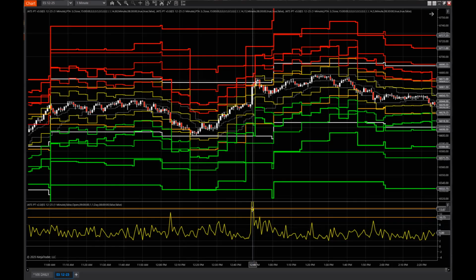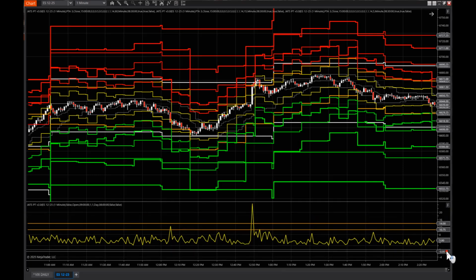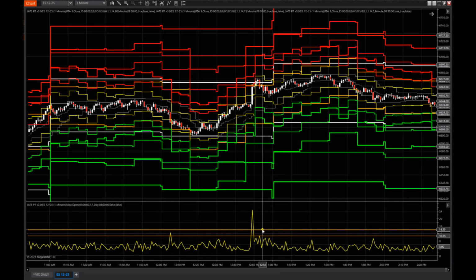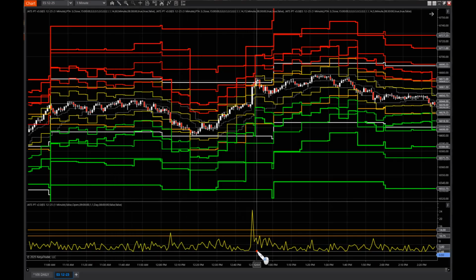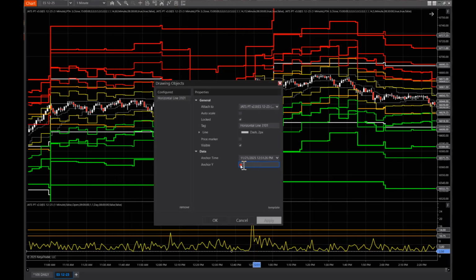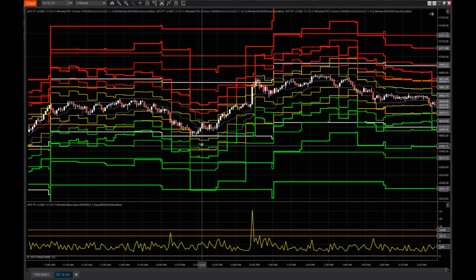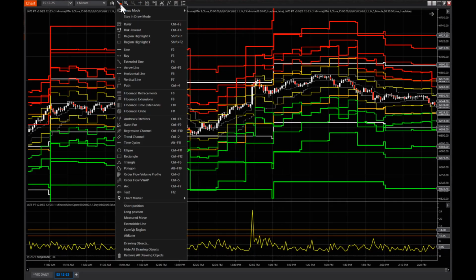So if you hit going straight up past the 5 minute three, look at that, almost two times. If you go from zero to this three and go up, let me put a horizontal line on zero. Alright, if we were to measure,